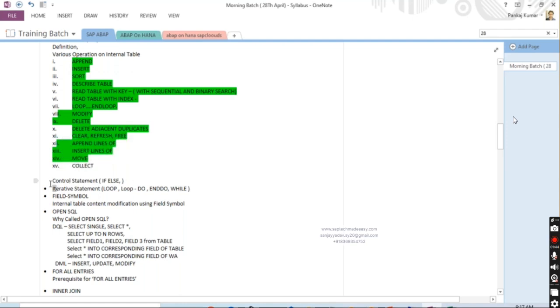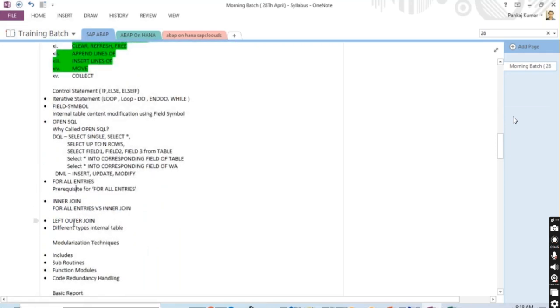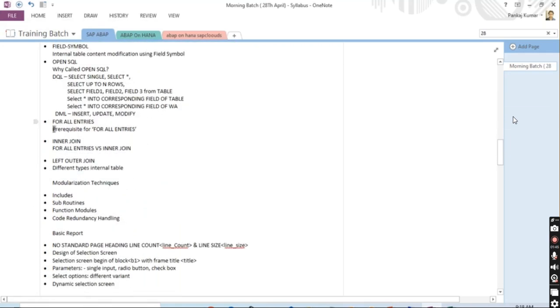And then control statements: you already know LOOP and UNDO. Maybe I will explain DO and ENDDO, and WHILE, and directly we will jump to field symbols. IF/ELSE you already know, I believe, and we have been using it many times, so explicitly there is no need to cover all these things. It will take a lot of time. The main thing is to understand the concept. From the concept point of view, we are going to cover everything: FOR ALL ENTRIES, inner join, all these things we are going to cover in detail. Fine, then